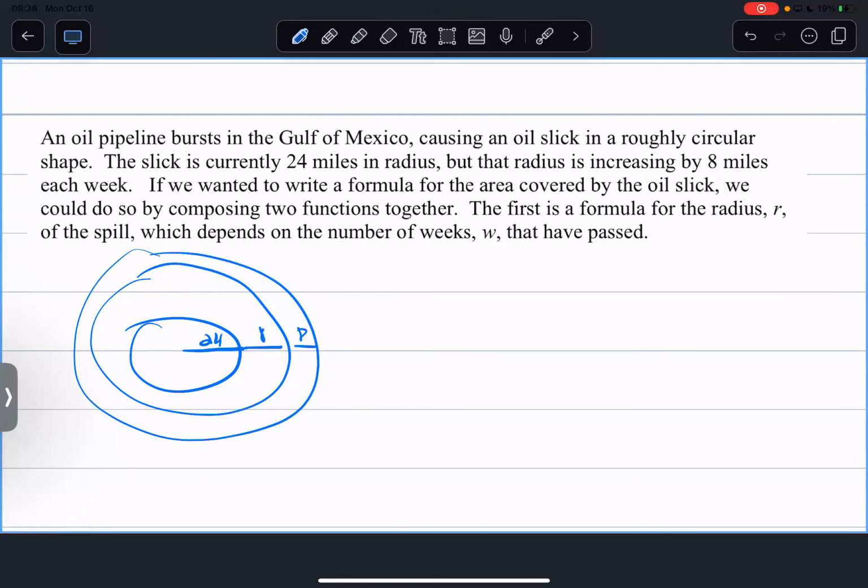Right? And so on and so forth. Yeah. Okay. So